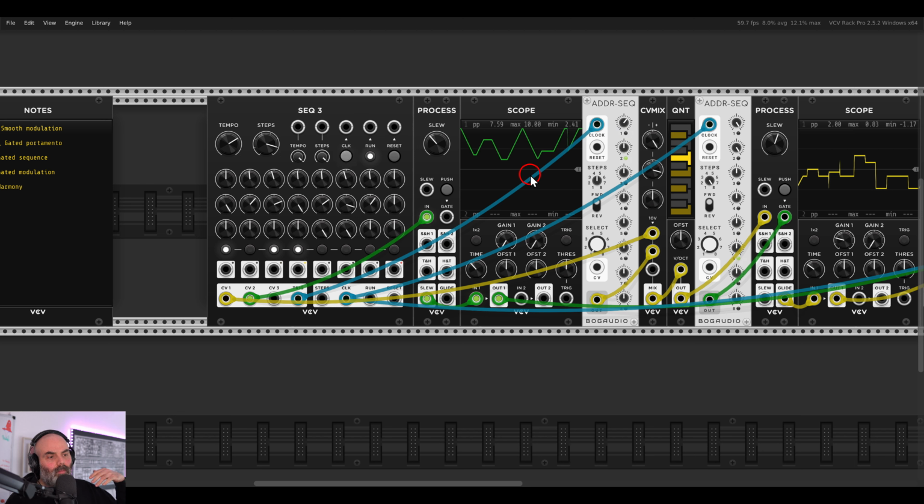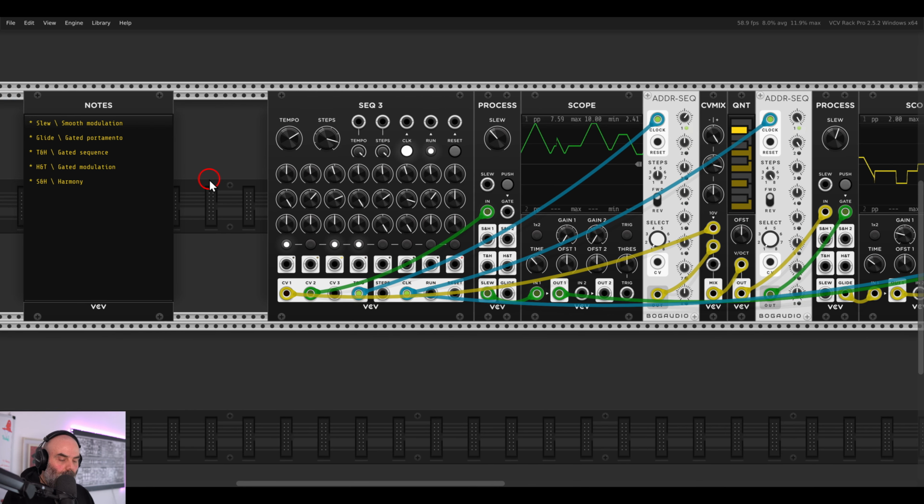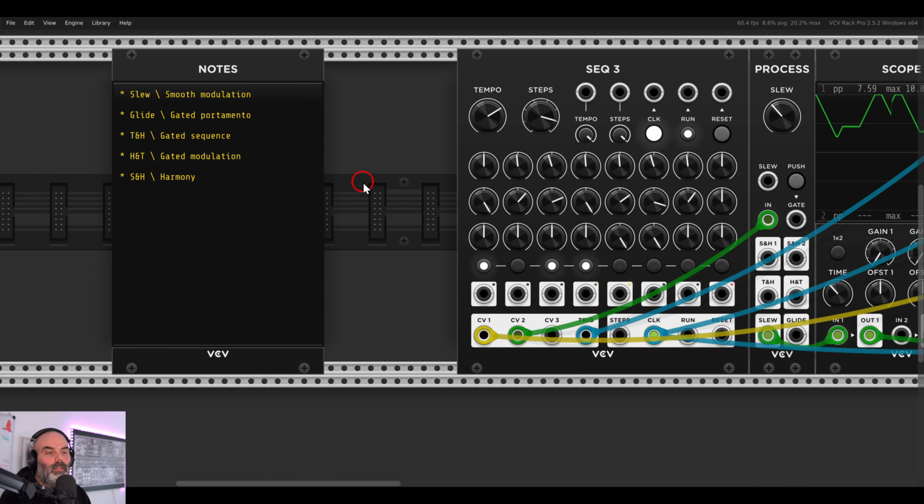So one ADDR will transpose the pitch, but it runs differently than the SEC3, and another ADDR will activate the glide, and again it runs differently than the SEC3. So we get some variation. It's not so repetitive as it was before. Now let's move on to another